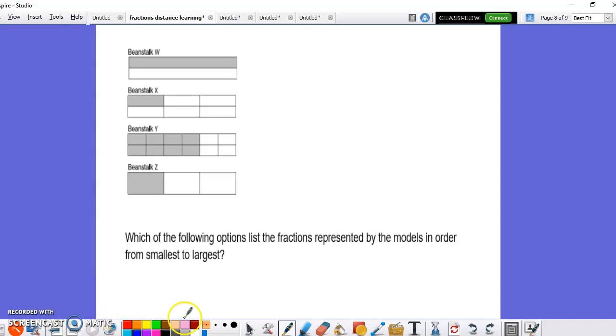Alright, so now if we want to order from the least to greatest, or the smallest to the largest, I would just put what I see here for each one. So here I have 1/2. I have 1, 2, 3, 4, 5, 6, and one of them is shaded. I have 2, 4, 6,